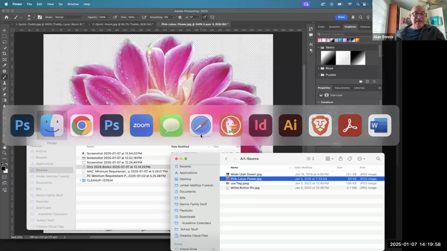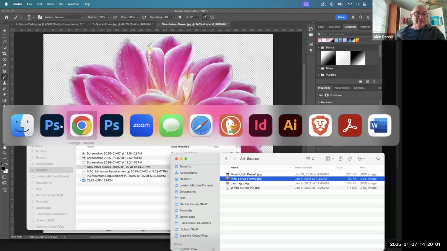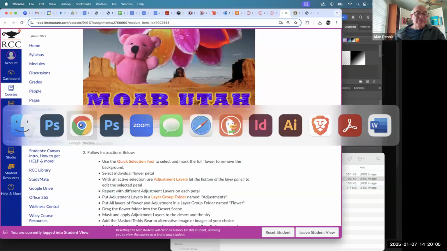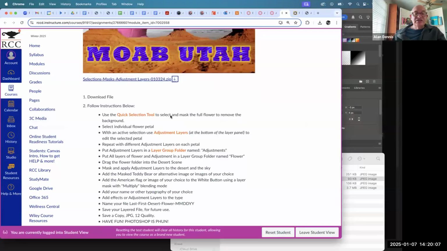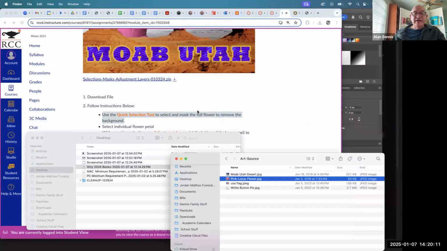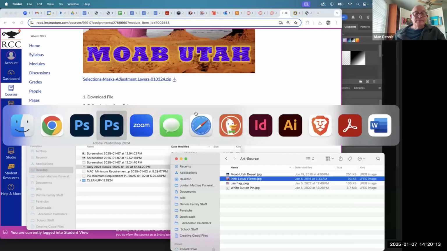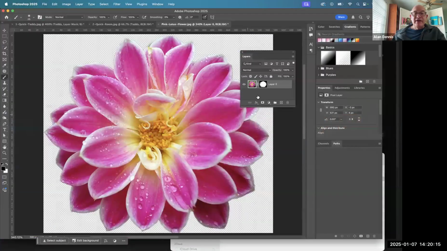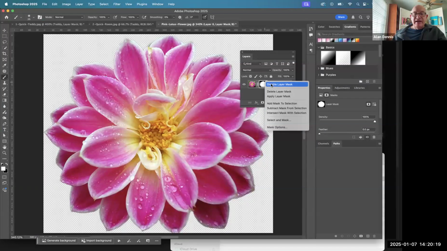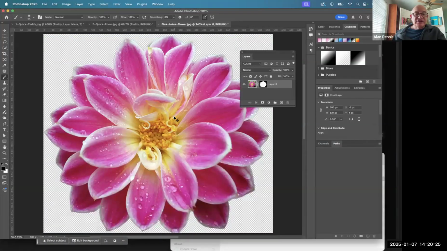And so for this technique, for this assignment, I've masked my image, and then the assignment says select the mask, the full flower, remove the background. So I've done that right here. The background's removed because I have a layer mask. So I don't want that green stuff. I just want the flower. Okay. Next instruction is